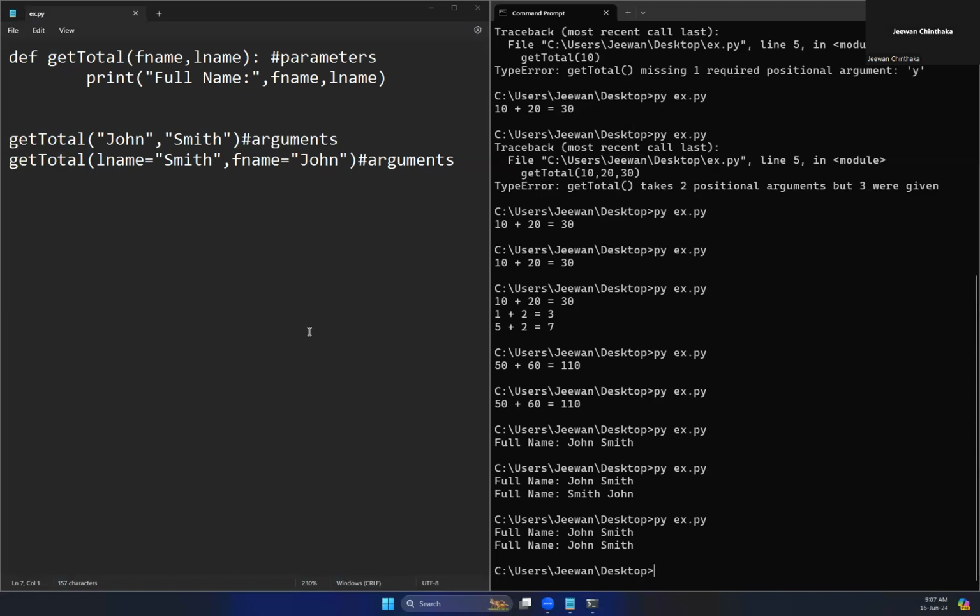Now, if you want to return a value from a function, let's say when you pass the first name and the last name, you want to return the name. You want to return f name plus l name. Now if you call the function,